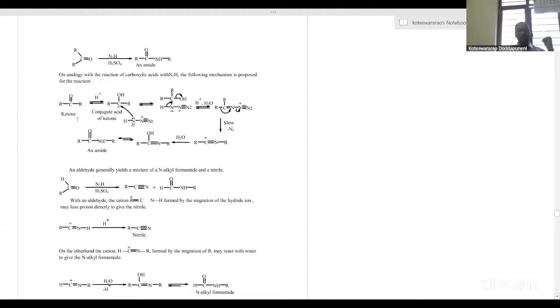This ketone, on protonation with the proton given by a strong acid, leads to the formation of protonated ketone. Then it reacts with the hydrazoic acid. Further, it rearranges and leads to the formation of acyl nitrite, which further eliminates nitrogen gas and leads to the formation of isocyanate. This isocyanate further